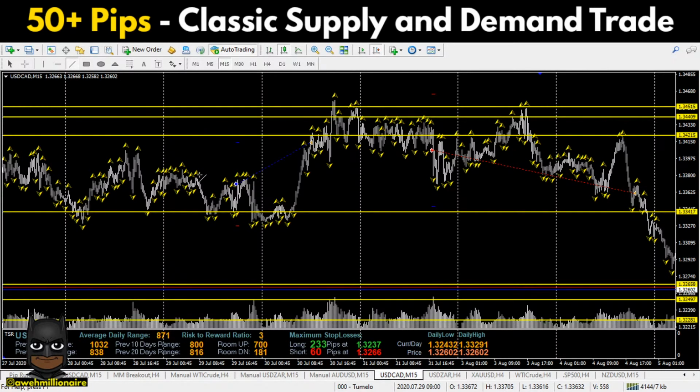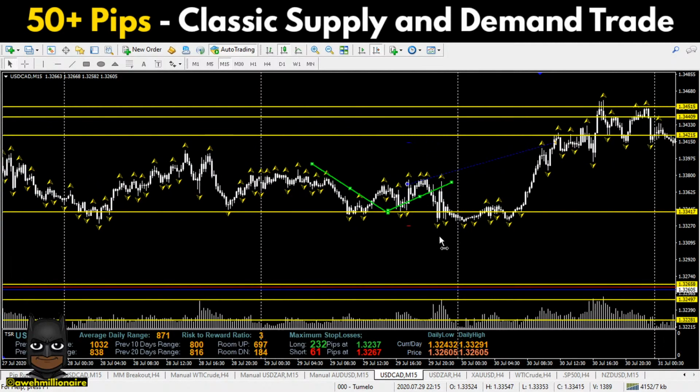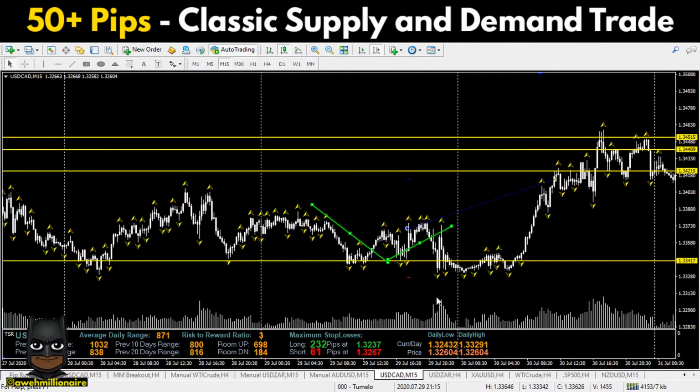We can see classic price came and tested the demand level, which we identified long ago. When price tests the demand level and bounces off it, we want to start looking at buying. And a very interesting thing here which I want to cover in this trade: when you enter the trade and put your stop loss, yes, you want to put your stop loss on the most recent fractal low. But when price is testing the demand level,